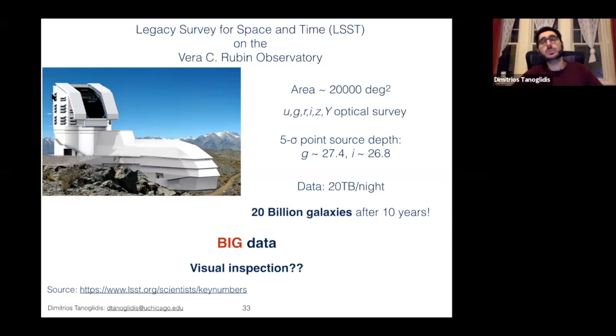This is going to map an area of 20,000 square degrees, so 4 times that of the Dark Energy Survey. Again, it's an optical survey, deeper, and it's going to produce 20 terabytes of data per night. So it's projected to measure 20 billion galaxies after 10 years of observations. So these are really big data,